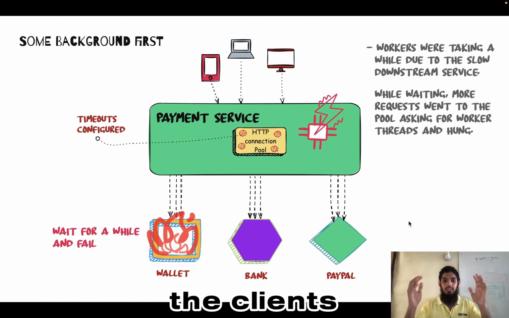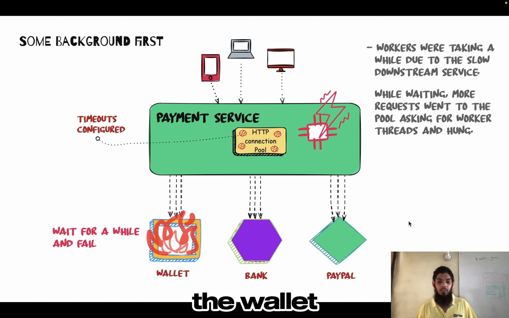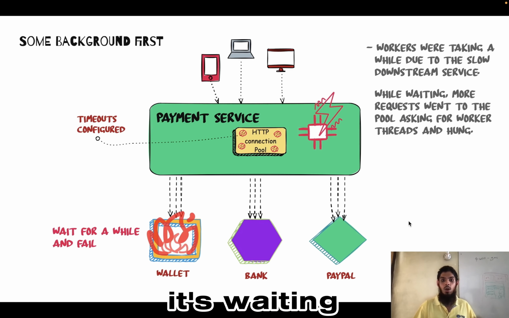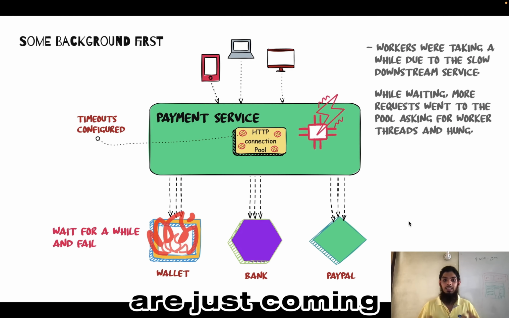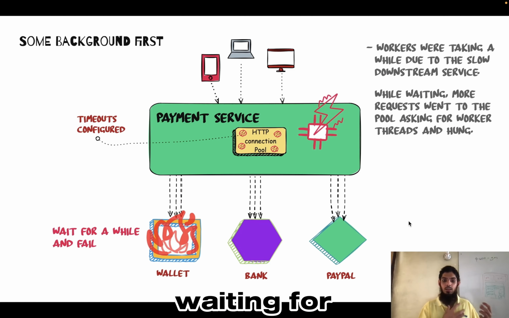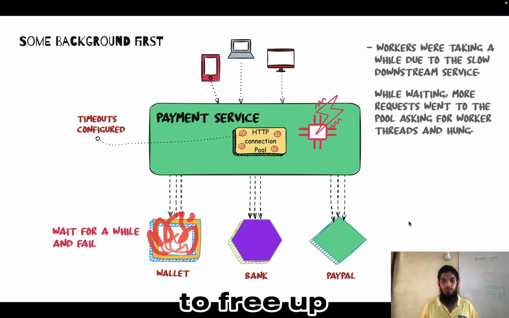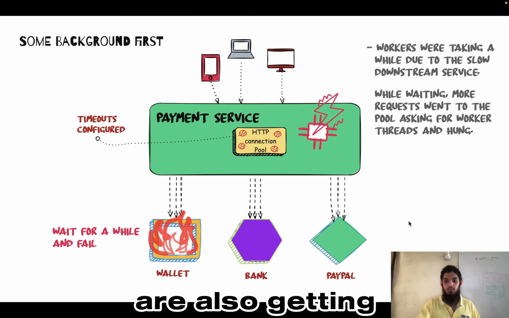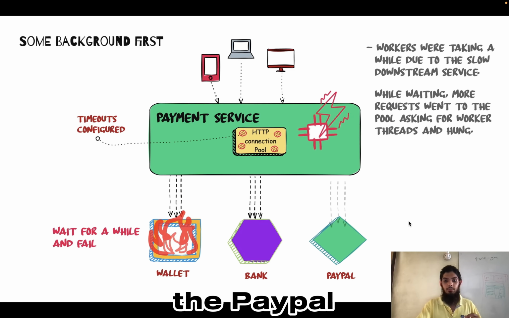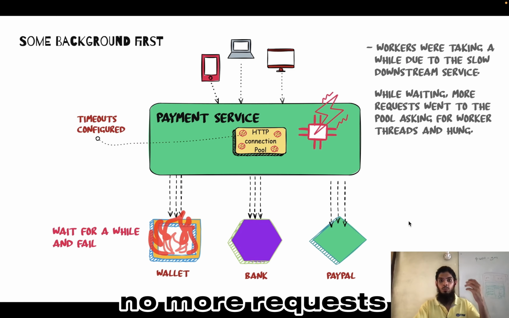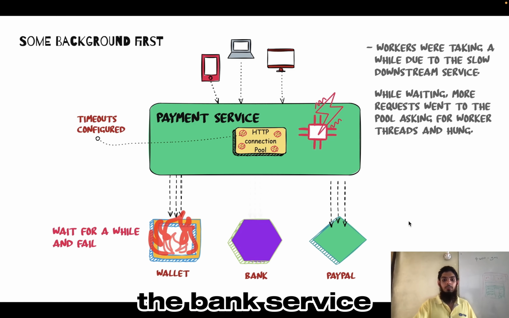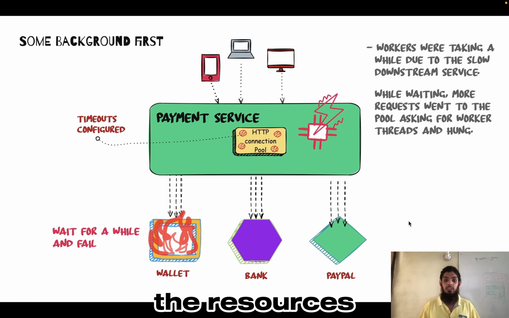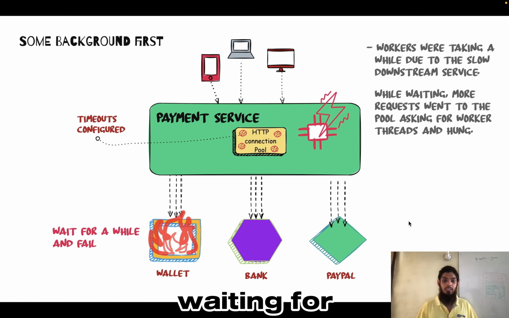Again, the clients are sending in requests. The wallet is waiting for a while and failing, and as it's waiting, more and more requests are just coming in and they're getting hung waiting for resources to free up. In this case, all the other services are also getting affected. The PayPal service is getting affected. No more requests can go into the PayPal. The bank service is getting affected. No more requests can go to the bank